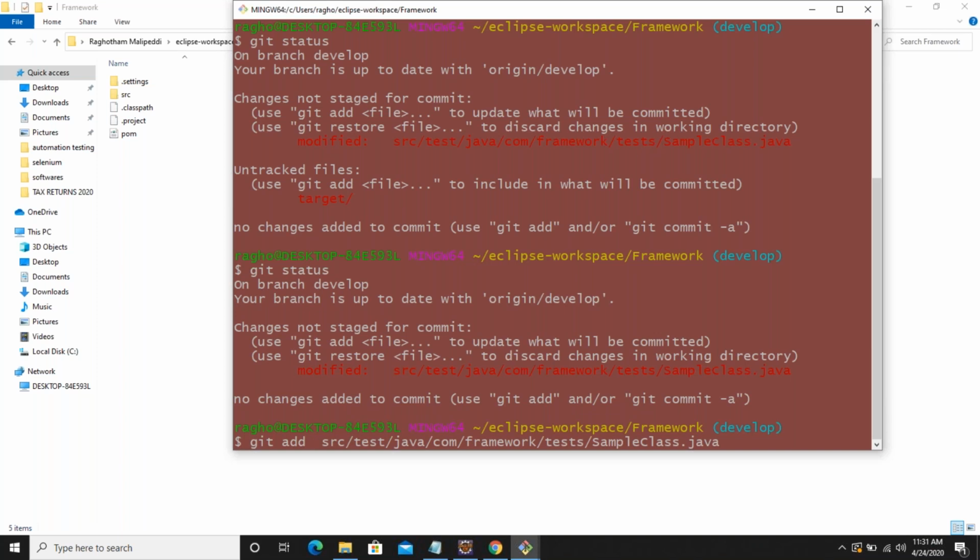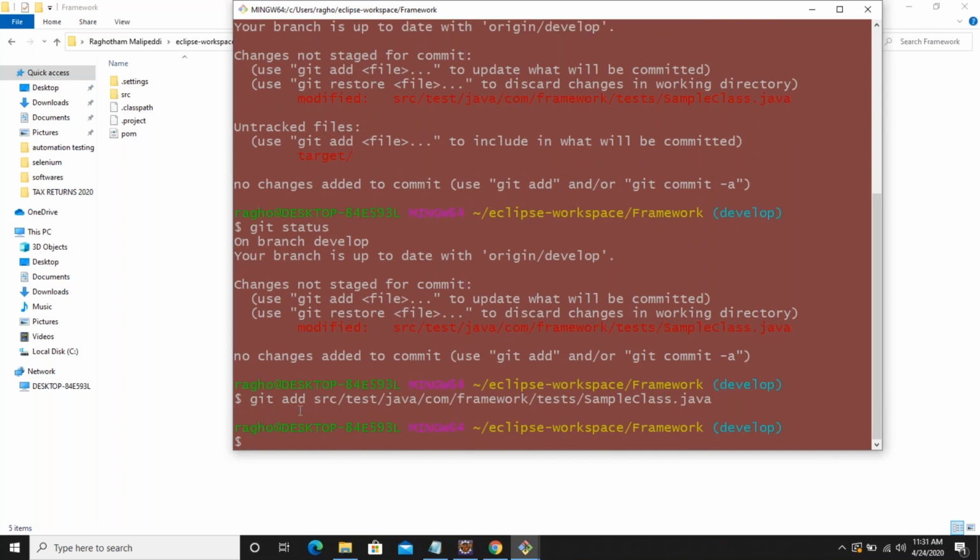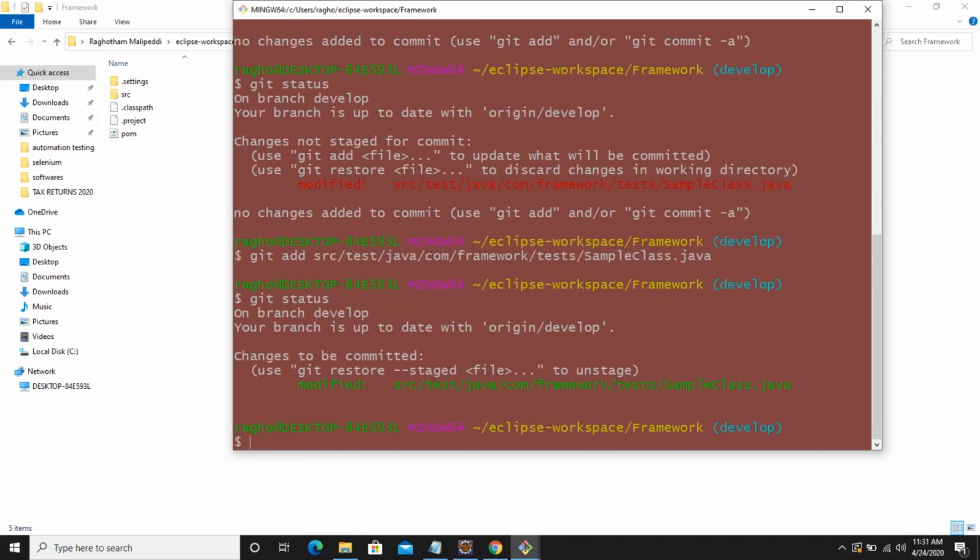So we need to say git add that particular file path, so that automatically it will add that file. So now let me go ahead and add that file. Let me delete one more space over here. Now you can see that file has been added. Now if you say git status, since you have already added the file, now you can see it says modified. Previously it is in red color. Now you can see the color got changed. This is how you can verify whether it is changed or not.